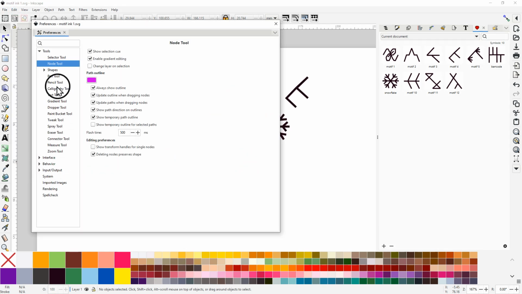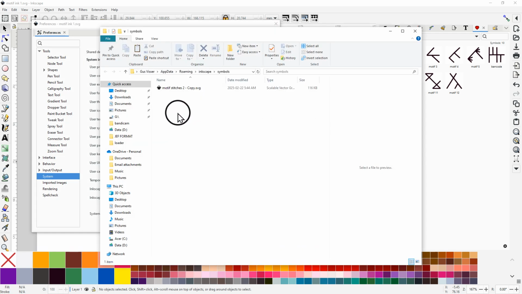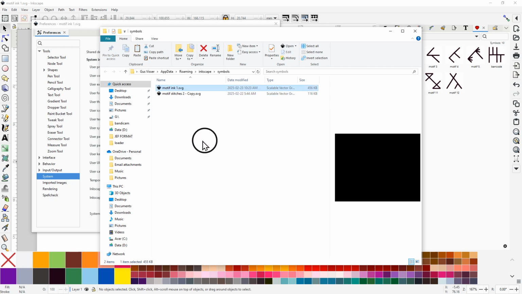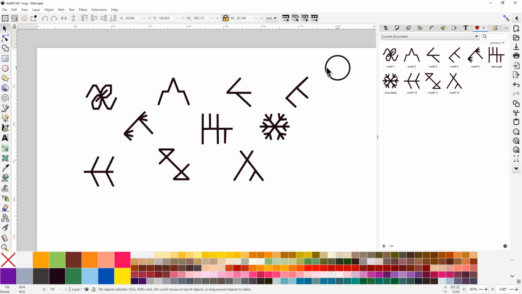Preferences, and then we go to System, and in System we will find User Symbols, and we will open that folder, and there we right click and paste. And now you can see there is a Motif Inc 1 SVG. Then we close out of this window and close. Now I'm not 100% sure if it will show up instantly or if you have to restart